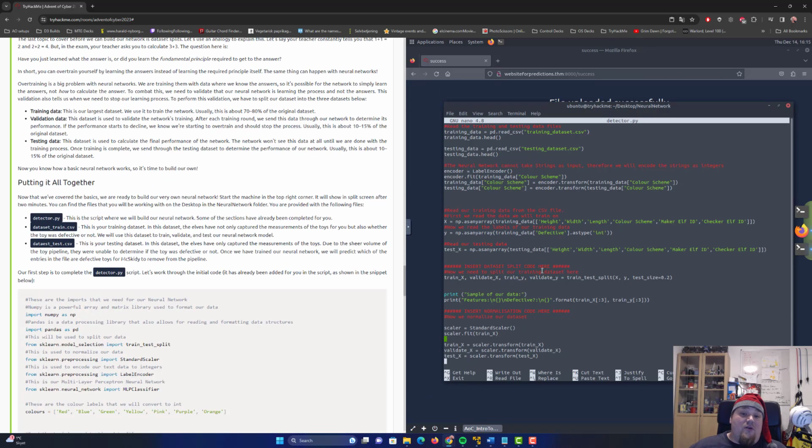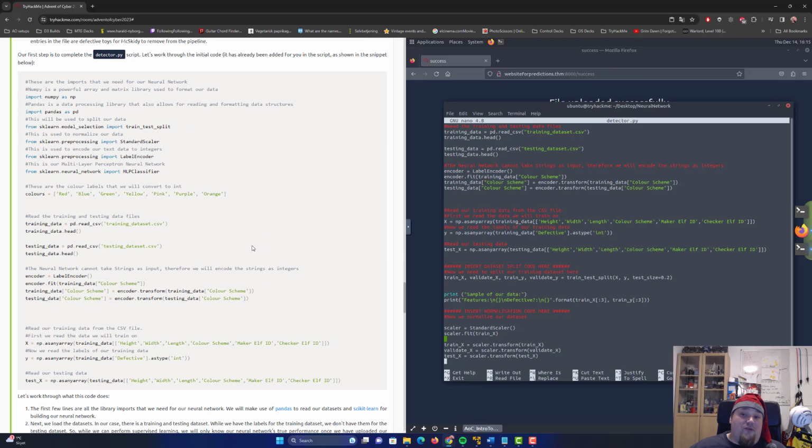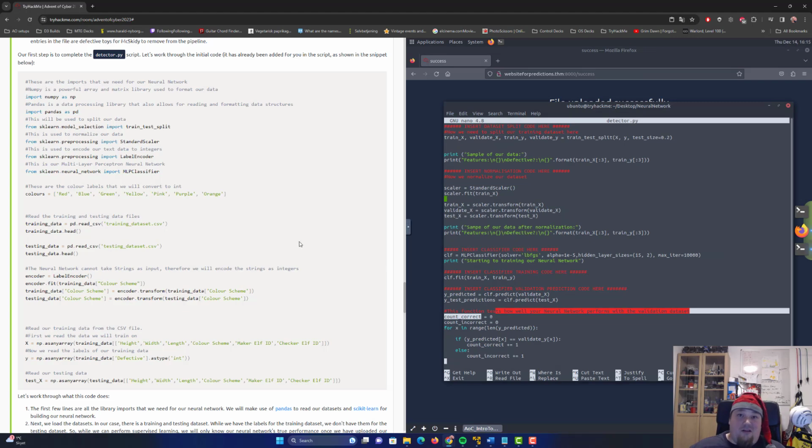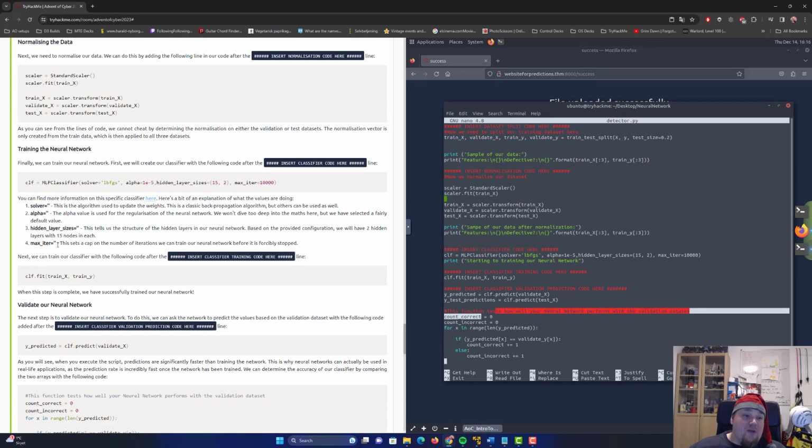Inserting the code into the text file is something you just have to do. If you want to run it, I cannot do that for you. I'm not really going to go through all this, because it's just insert this, insert that, all the way, insert, insert, insert, and it's just copy, paste, pretty boring stuff, right? And it doesn't really